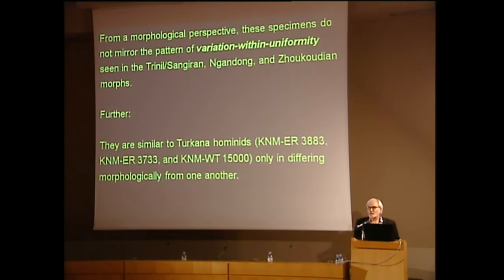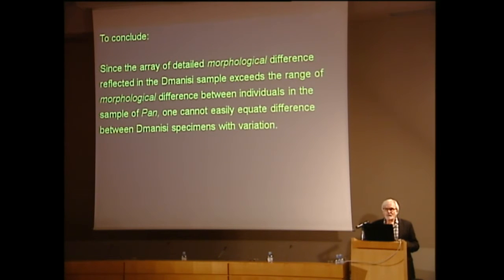So as I've been emphasizing, I think the point is not only predictability, that if you had a specimen and you thought you would find more of that species, that specimen would predict what that would look like, is that the uniformity between them. And in this perspective, then, the differences between the Dmanisi specimens and Turkana specimens is that they're just different. So to conclude, since the morphological difference reflected in this sample exceeds the range of morphological difference between individuals of